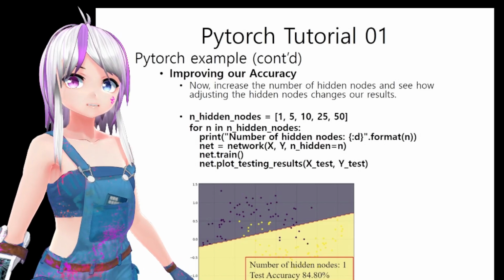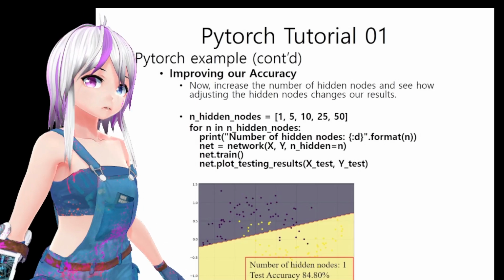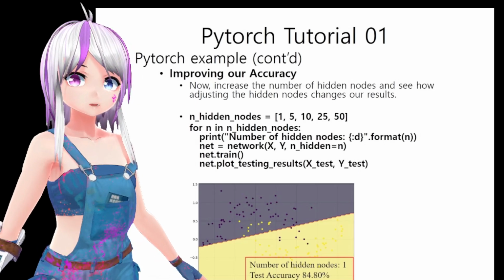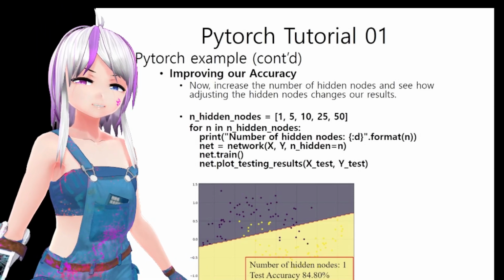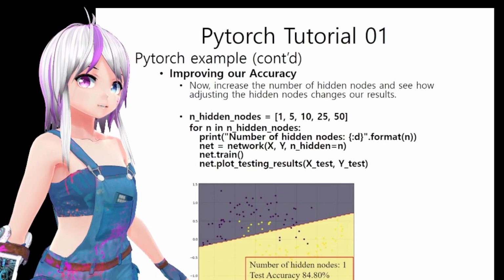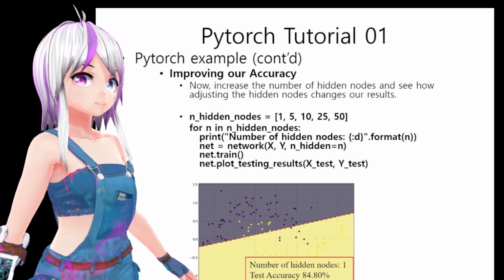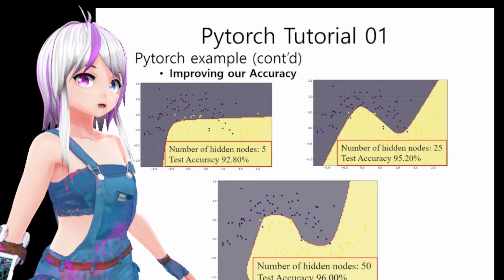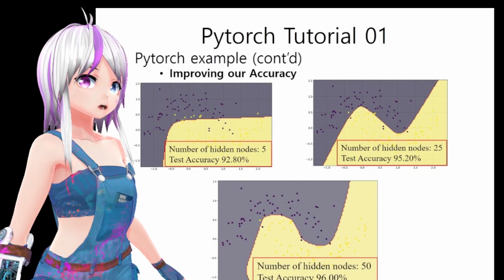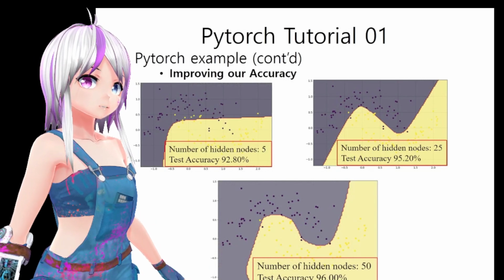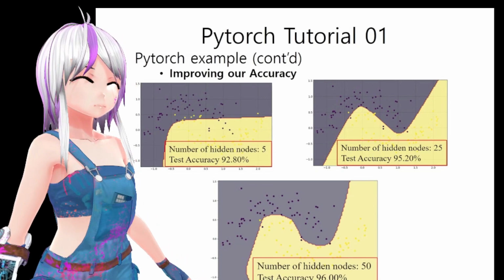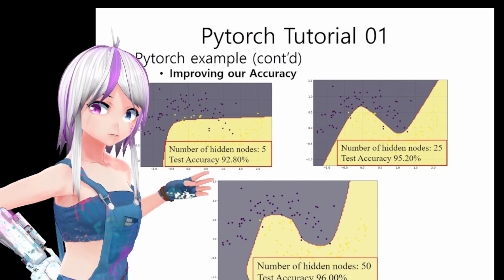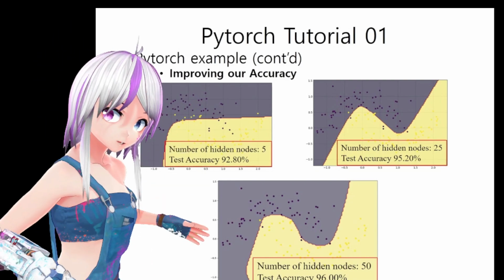Okay, so here, if you have one hidden node, it's just a linear line. So we have 84.8% test accuracy, using the test data. Now, if n is 5, the number of hidden nodes is 5, then we have a test accuracy of 92.8%, a little bit increased. And when the number of nodes is 25, then we have a test accuracy of